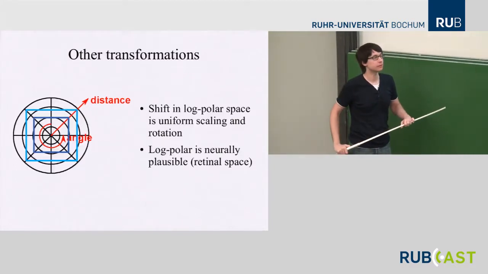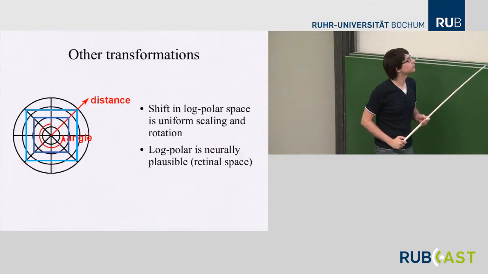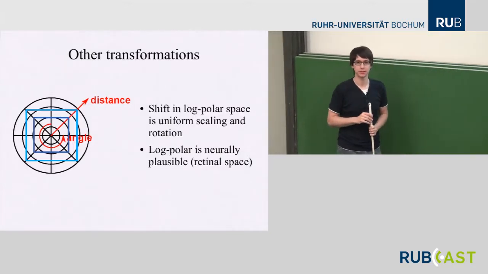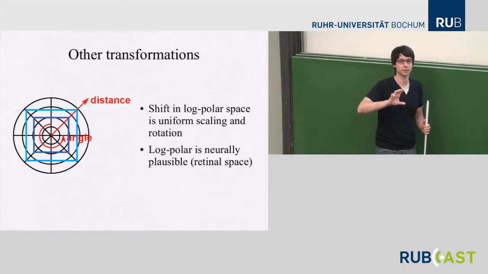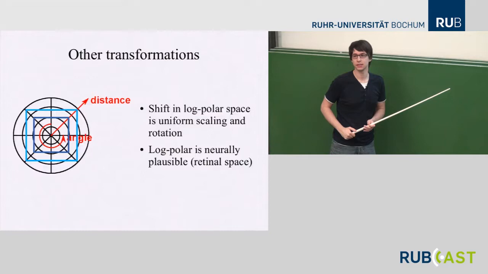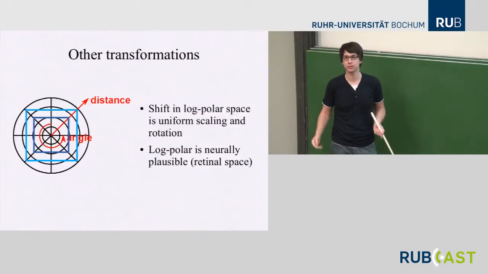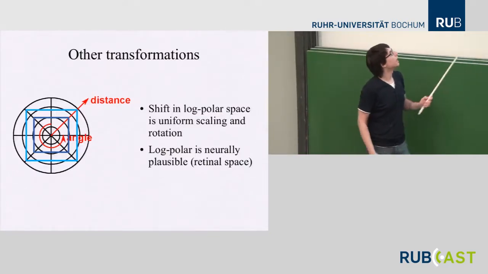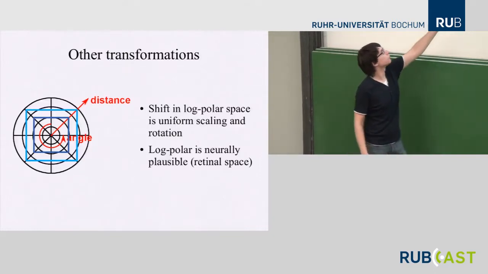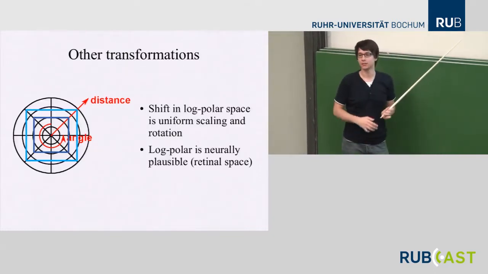So of course, now we've only talked about one-dimensional shift so far. And of course, if we want to estimate the pose of an object in the image, we really want to also estimate rotation and maybe even scale for that. The way we do that is actually we use the same principle again. So we use, again, shift estimates. And we just transform the image into log polar space. So if you look at a square in log polar space, for example, here, and if you shift it along